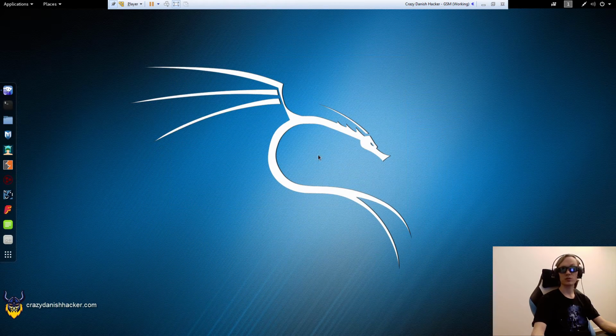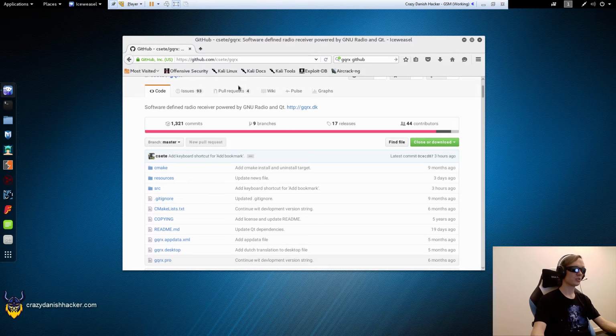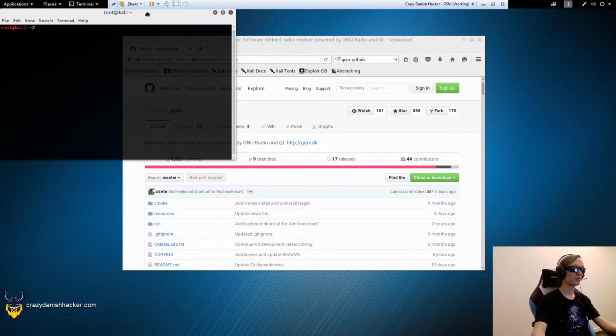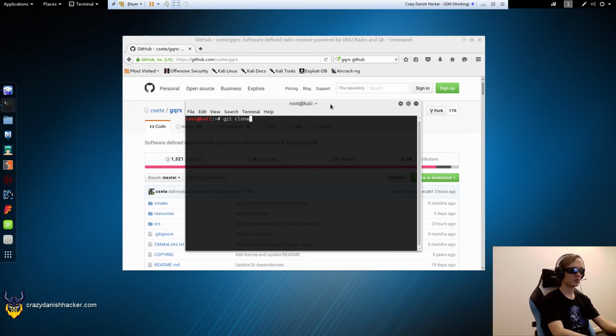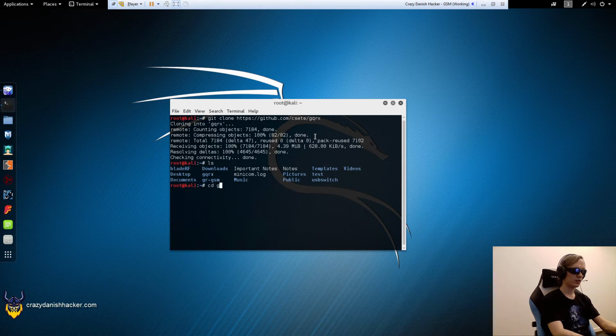So you may want to use GQRX, the latest version. In that case, you can get it from GitHub. Just make sure that you're getting it from one of the official developers. And the process is almost as straightforward as anything else that we have done so far. So you use git clone as usual, and then you wait until it's downloaded. And in this case,